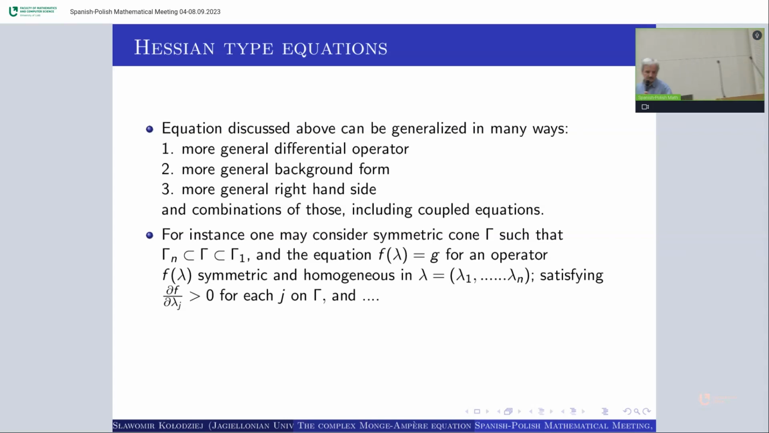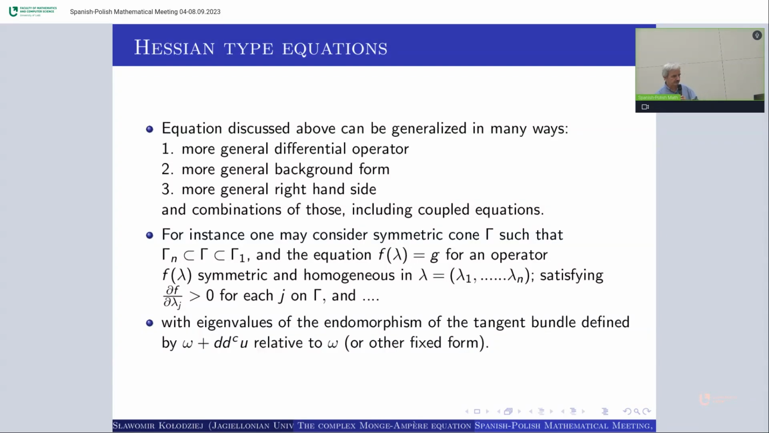With some conditions imposed on f. f should be symmetric, and should be homogeneous in lambda, meaning that if we multiply lambda by t, then f(t lambda) should be t to some power times f(lambda). It should be increasing in each lambda_j on this gamma, and sometimes they need some other conditions. And here the lambdas are not necessarily eigenvalues of the Hermitian form, but